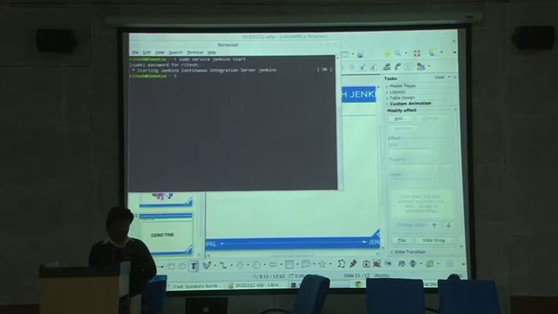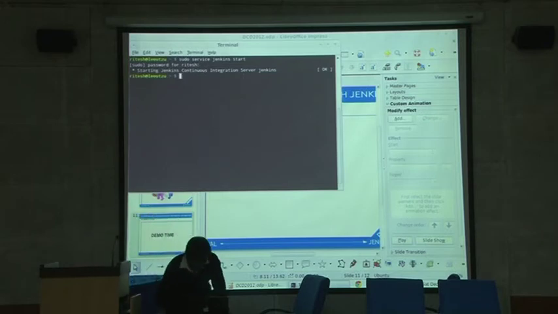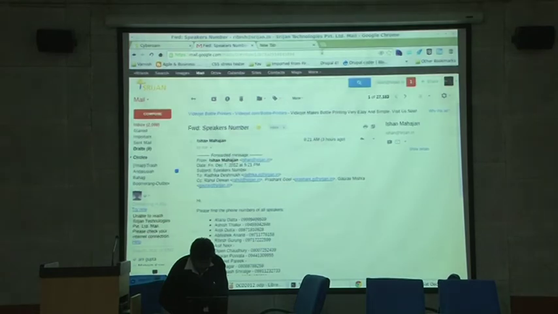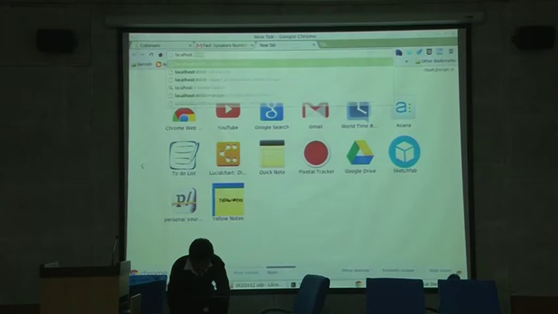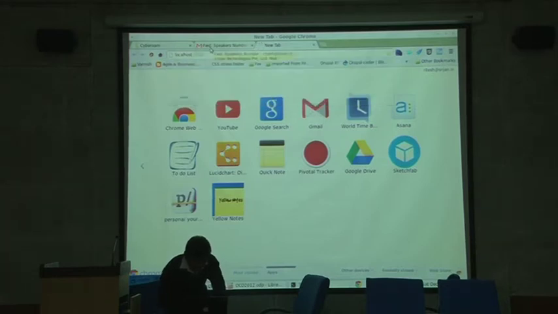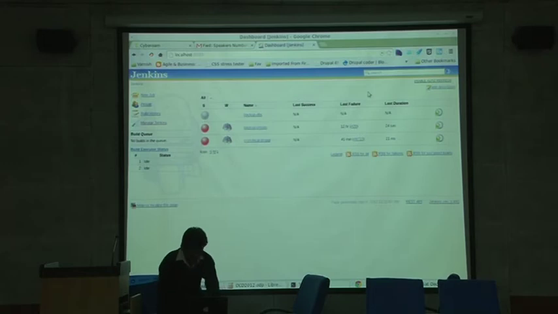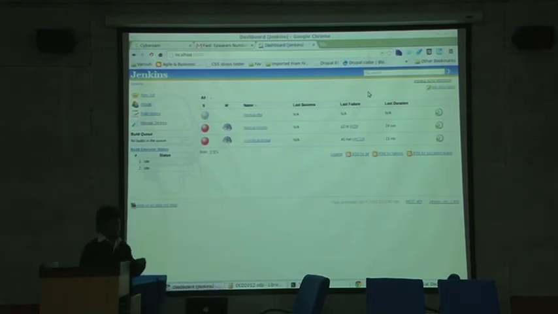Basically, what I've done is I've started the Jenkins service. Installing it is very easy on Ubuntu. You get it with apt-get install jenkins. Before that, you have to add the PPA repository, which is all written on jenkins-ci.org, so you can refer to that. So this is the web interface of Jenkins, right?